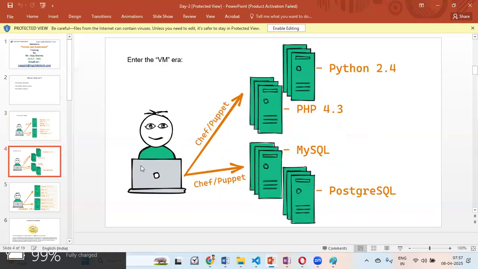So VMs were brought into the picture, and each virtual machine held one application. If there is an application with Python 2.4, they will deploy it into a separate VM. And if you have a different application with MySQL and Python 2.5, it will have a different VM.